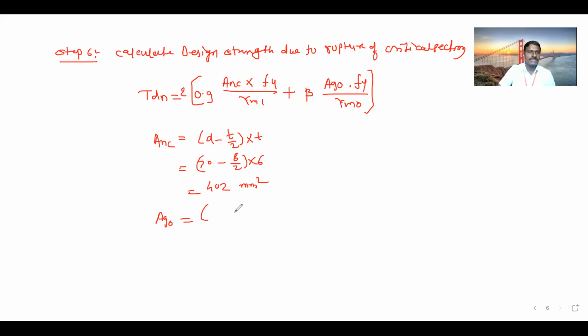Good. So Ago is equal to (W minus t by 2) into t. W is here 45, minus 6 by 2, into 6. So how much? 252. So these are the net area and gross area for the